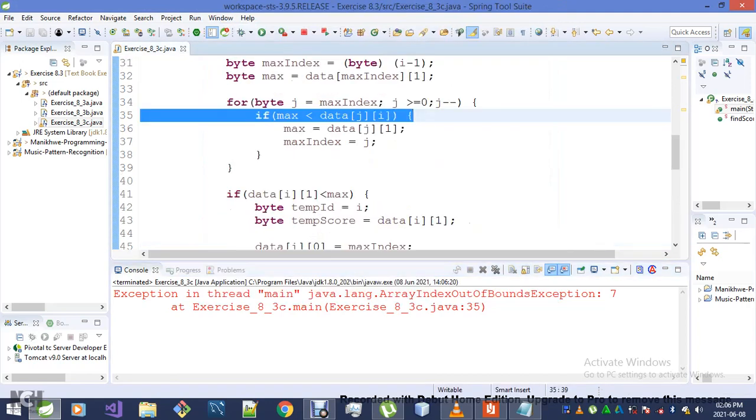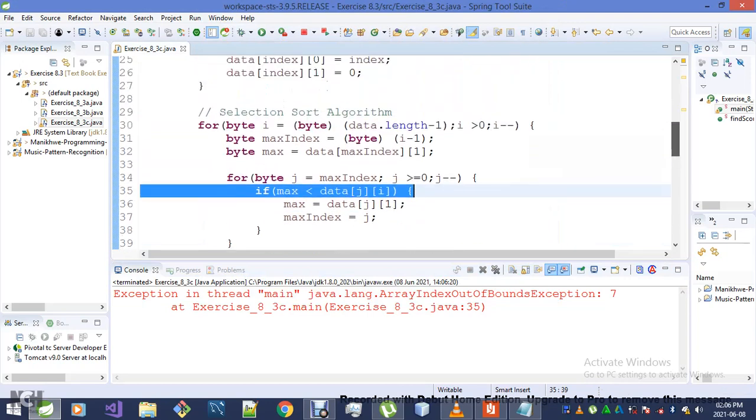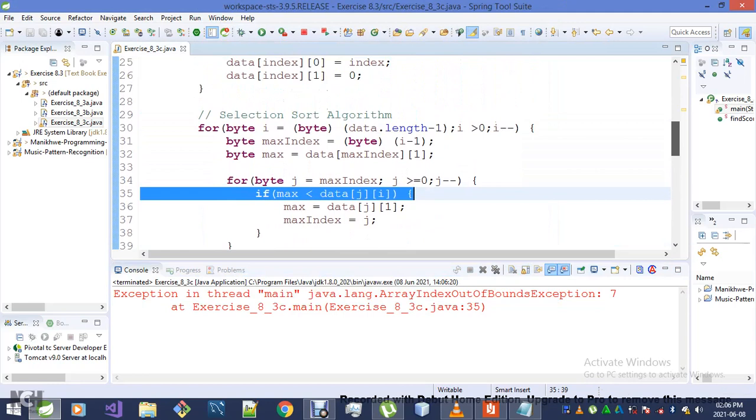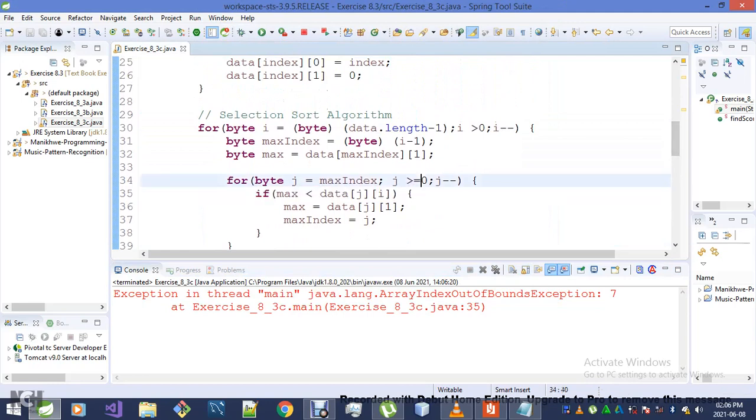Line 35. Oops. The inner loop goes starting from max index going all the way to 0,